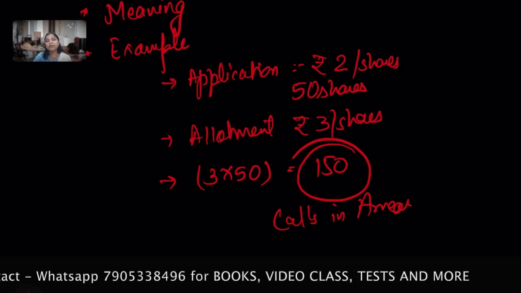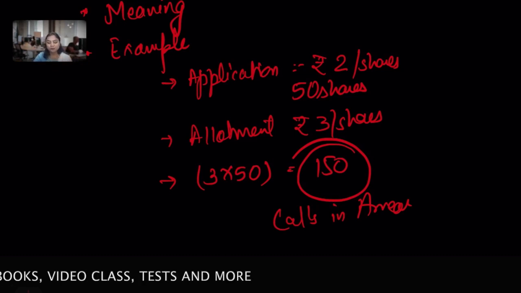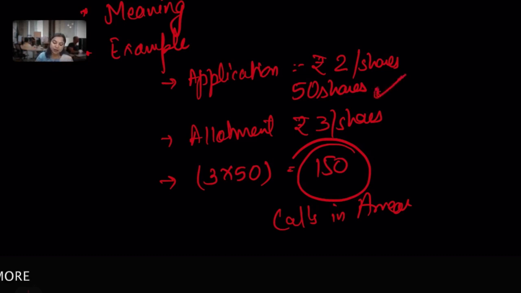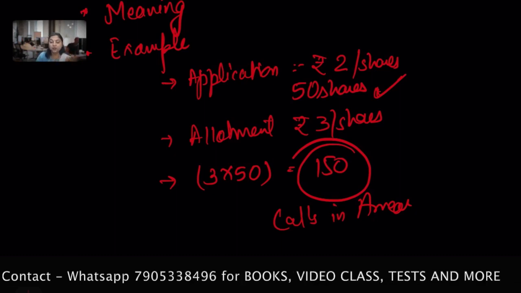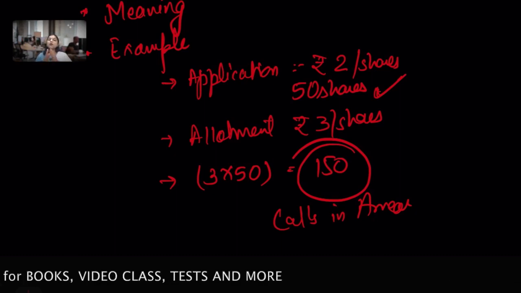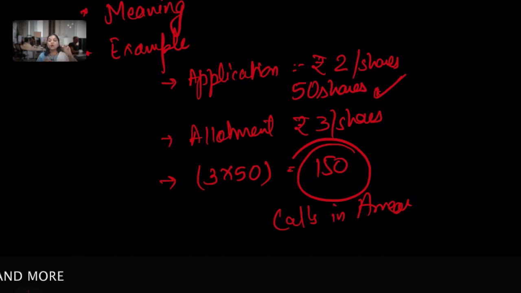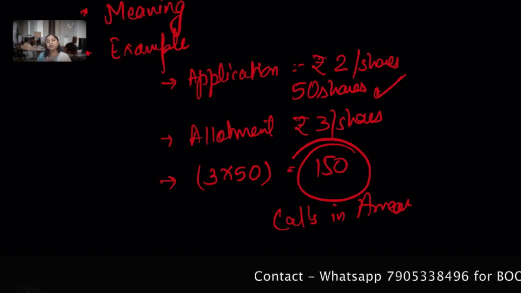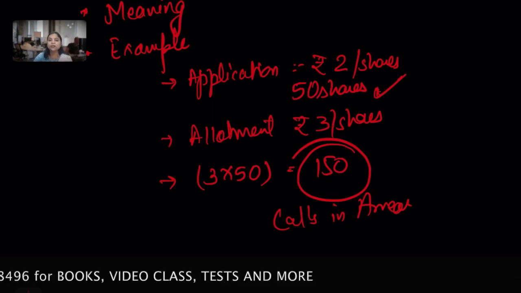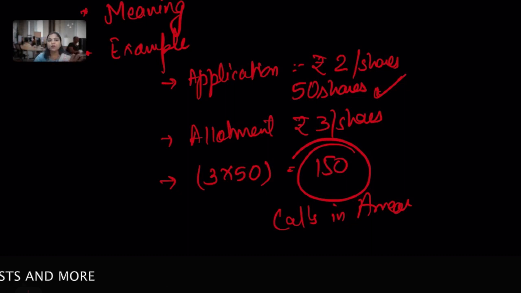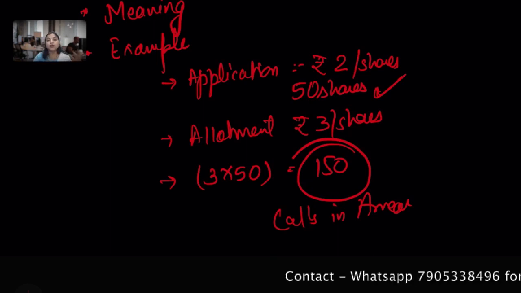आप फेल कर गए, नहीं पे कर पाए। तो मान के चल रहे कि आपके पास 50 शेयर्स थे और 3 रुपए के हिसाब से कितने हुए, 150 रुपए जो आपने मानिए नहीं पे किए, तो ये क्या कहलाते हैं, कॉल्स इन अरियर। जो अलॉटमेंट आपने नहीं पे की, वो अकाउंट को क्लोज करने के लिए जो अरियर हुआ आपके साथ, जो आपने डिफॉल्ट किया है, उसको कॉल्स इन अरियर अकाउंट में ट्रांसफर कर दिया जाएगा। क्लियर। सो हमने क्या ट्रांसफर किया कॉल्स इन अरियर में, ये आपने समझ लिया। I hope it's clear. Okay, so we learn about the meaning, we have gone through the example.